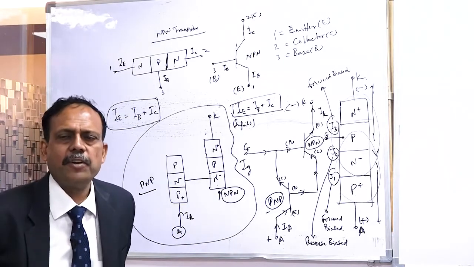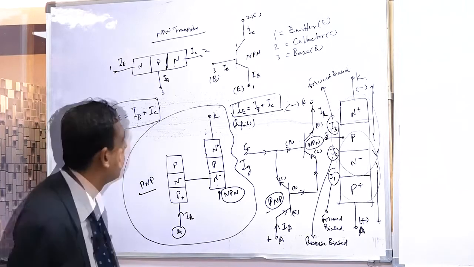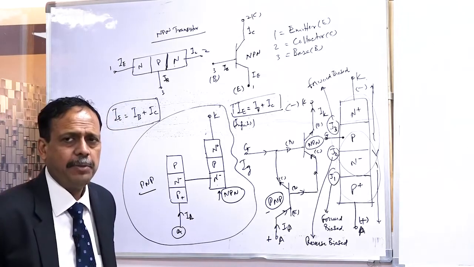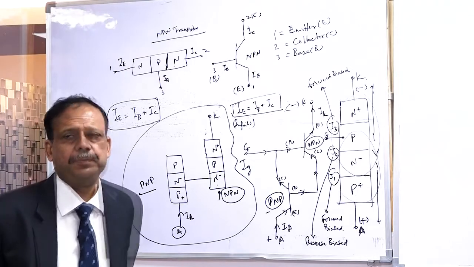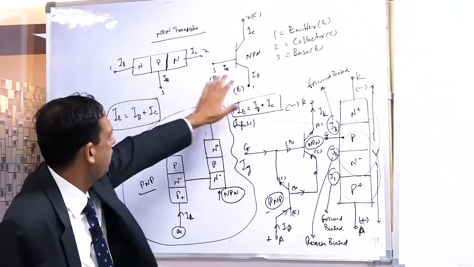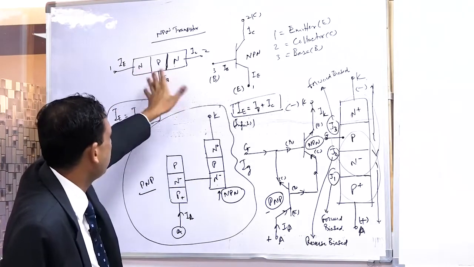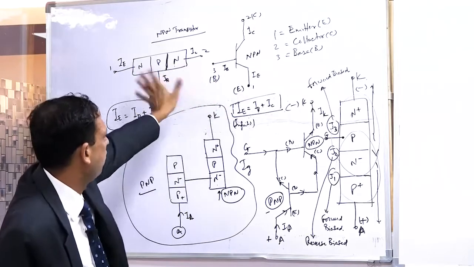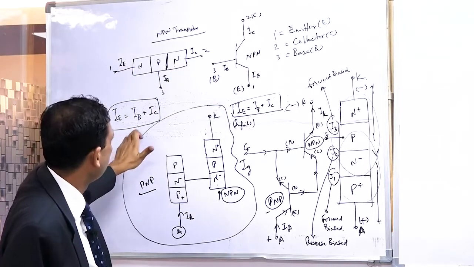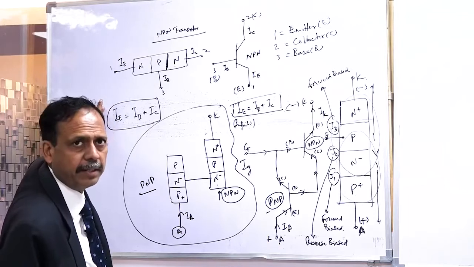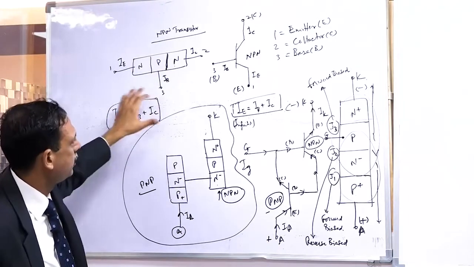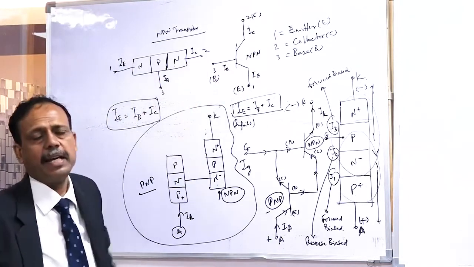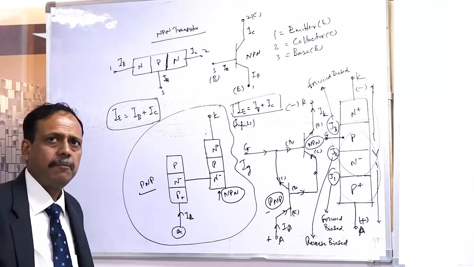Bakulji has done, others have not done. Please try to put some current directions. Then I am going to explain whether you are right or wrong. I think you would have drawn this. Then you have to just put the direction of the currents only in both the figures. Emitter current is equal to base plus collector. This remains unaltered. Now only the direction of currents in this and this you have to indicate, like I have indicated in PNP.